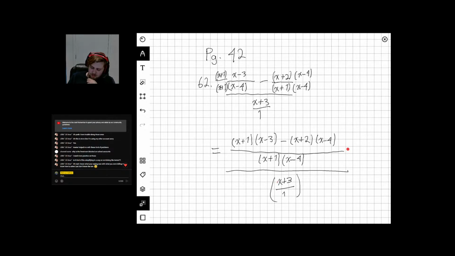So now we can multiply by the reciprocal here. Just multiply by 1 over x plus 3. And we just multiply through like we do with fractions. And on the top, we get,